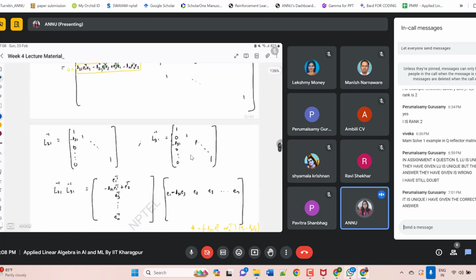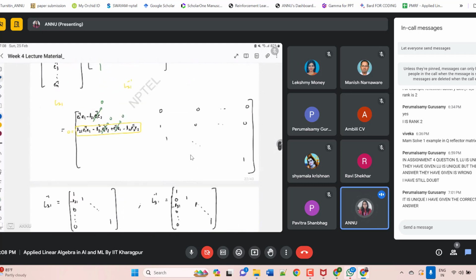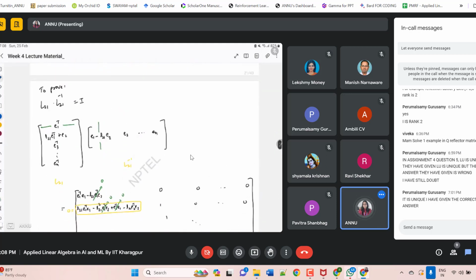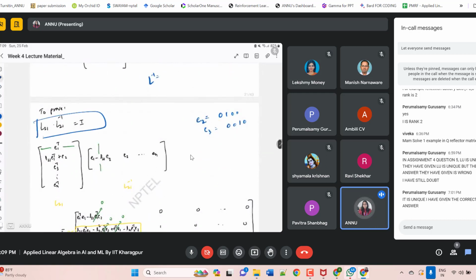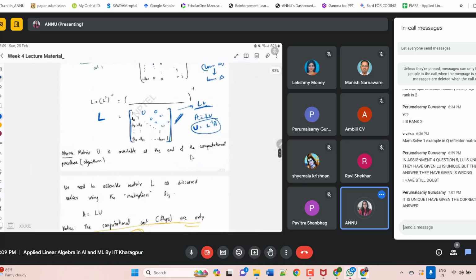If you want to understand how this L inverse is directly the minus values, this is how we write L inverse. First of all, we make it E transpose. E is nothing but identity. Suppose E2 is there, then 0, 1, 0, 0. If E3 is there, then 0, 0, 1, 0, based on the N matrix. Finally, L21 inverse multiplied by L21 is I. You can take a screenshot of how to calculate LU decomposition, and based on this you will not have any problem solving problems related to LU decomposition. If you have doubts, we will discuss in the next class.